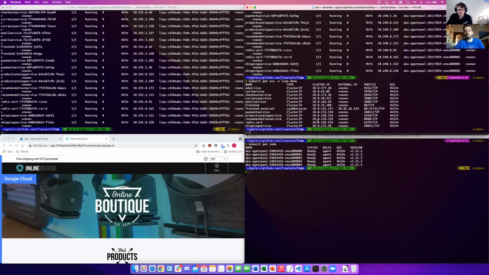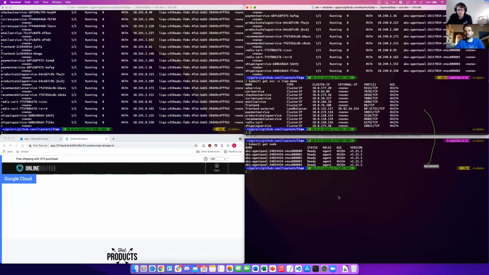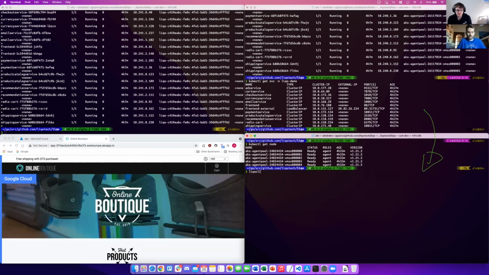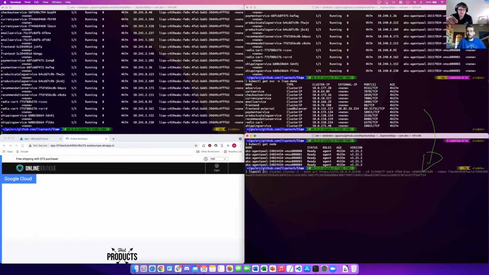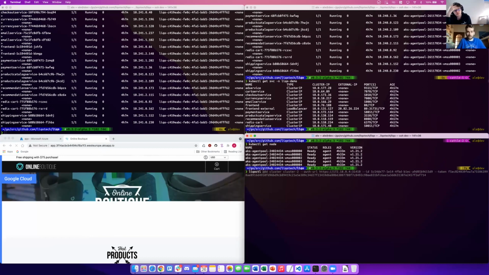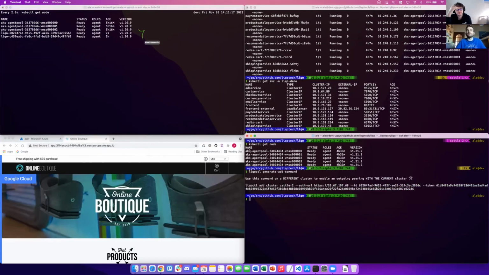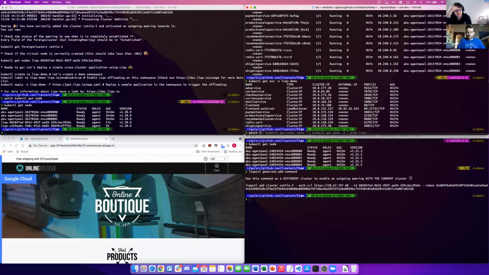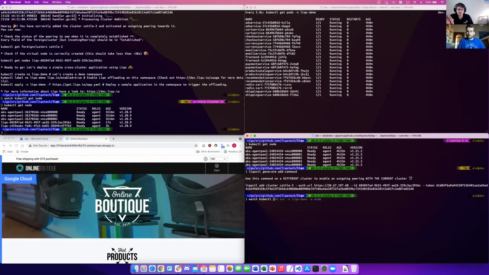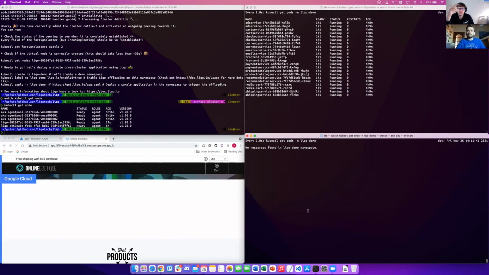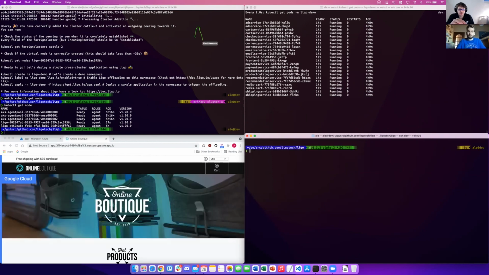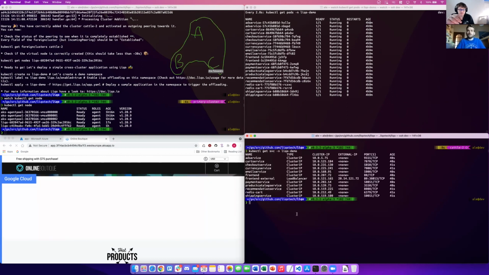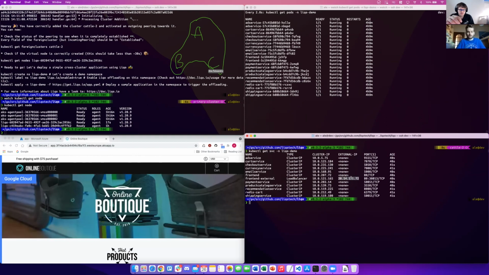So let's now do the migration that we want to do. We have an older cluster here and a newer cluster here, and we want to move the application to the new cluster. So we can start connecting the new cluster to our primary cluster. So we have the new node. We can set a watch on our application. So the application is running there. We have extended the application on the two clusters as we did in the last video. So the basic idea is that we have the Liqo demo namespace defined on cluster A, which is extended on cluster B and on cluster C. So now we can also access the application from the second cluster.